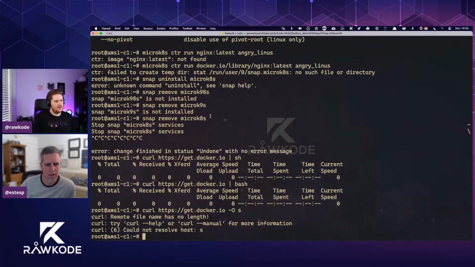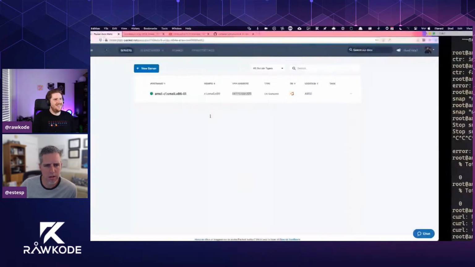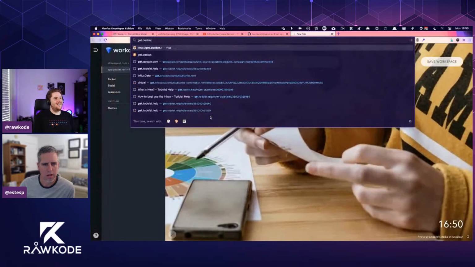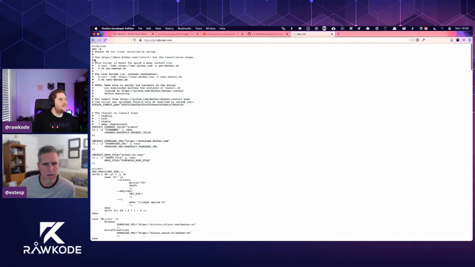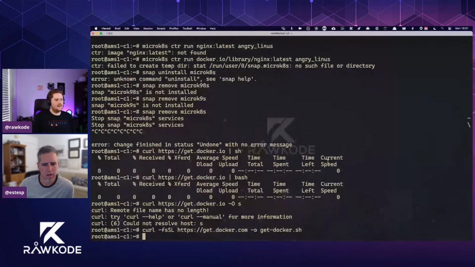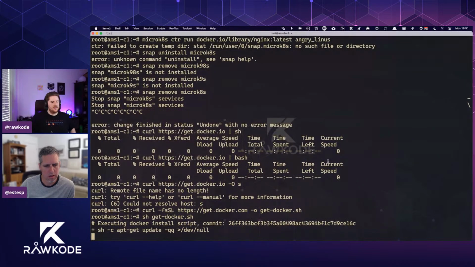Have I got that wrong? Get.docker.io. And just copy it from here. And get Docker. There we go. There you go.